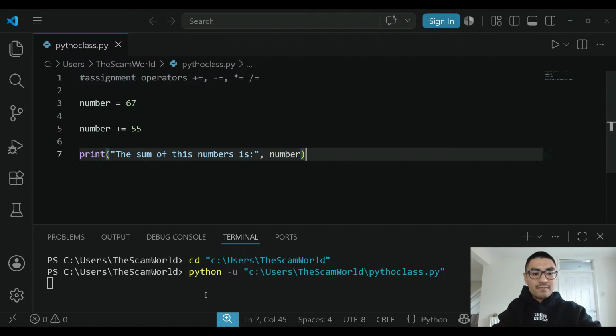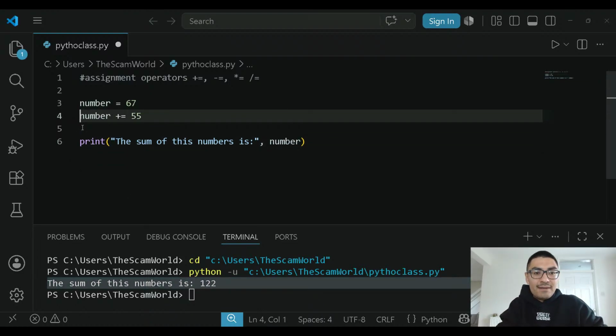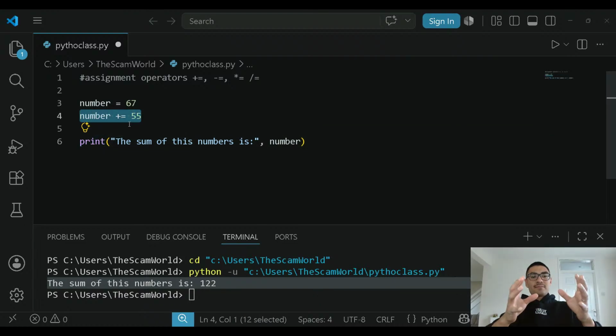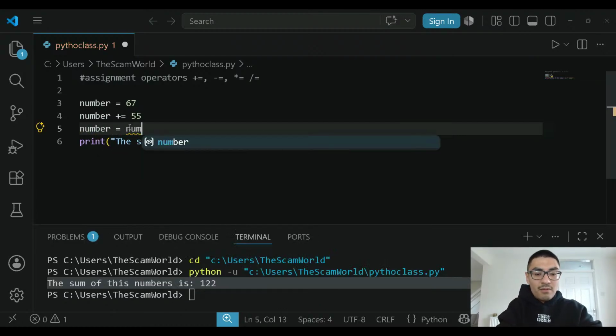Let's run it. The sum of this number is 122. As you guys see, I have 122. And why is that? Why is it that I get 122? Because basically what this line is saying is the same as this line that I'm going to type right here. Number equals number